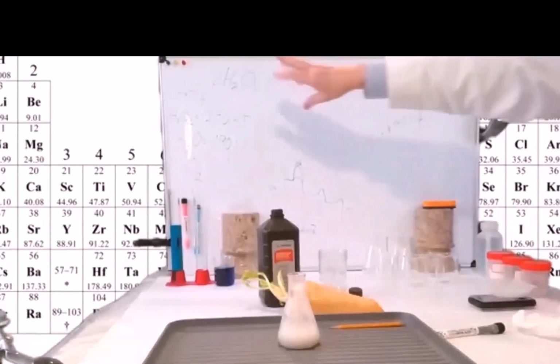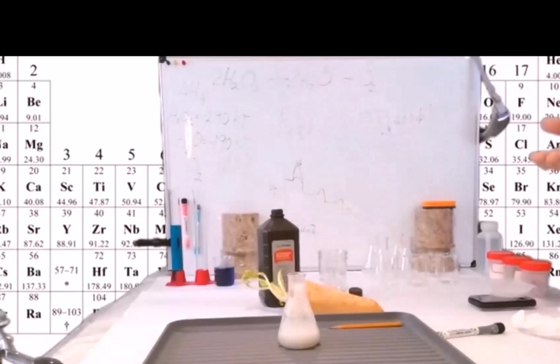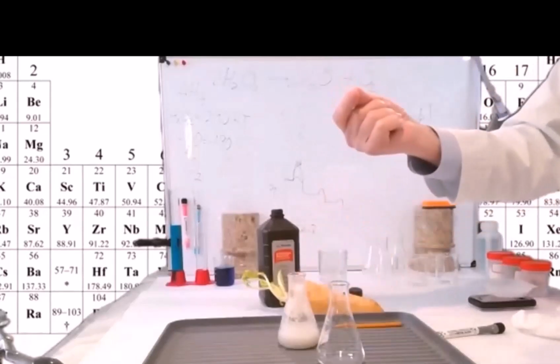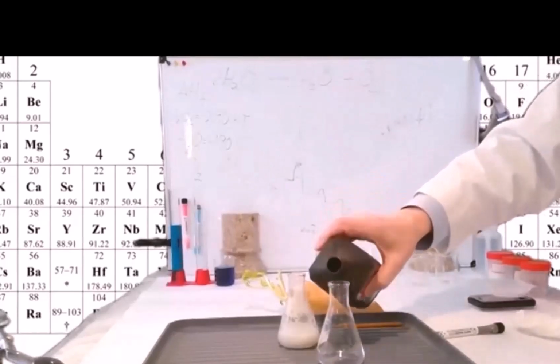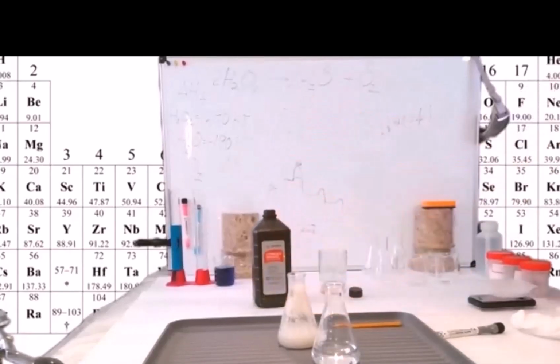Yeah, because of this oxidation reduction, you've got some intermediates here that are very, very reactive, and they'll react with things. But why does it start to fizz when it makes contact with blood? Because you have a catalyst in your blood, the same as the yeast. Yes, your blood is a catalyst for this reaction. And if I were a really, really dedicated chemistry teacher, I'd get a drop of blood and put it in here, and you would see it fizz just as well as with the yeast. But instead, rather than getting blood from your chemistry teacher,